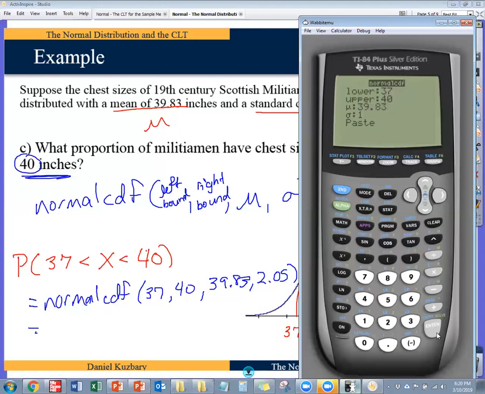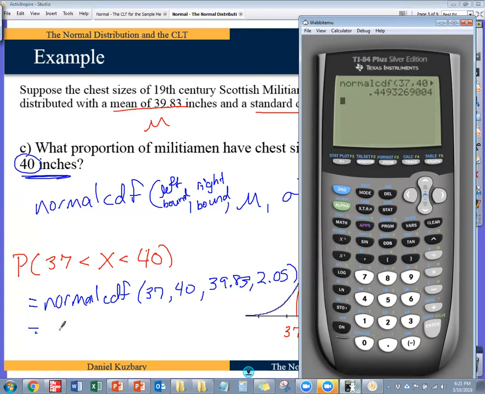39.83 and 2.05. And I'm going to paste. So now let me show you, if you got the newer calculator, what's pasted on your home screen is exactly what the folks with 83s and older 84s are typing. So 34, 40, 39.83, 2.05. I'm going to hit enter, and there's my answer,